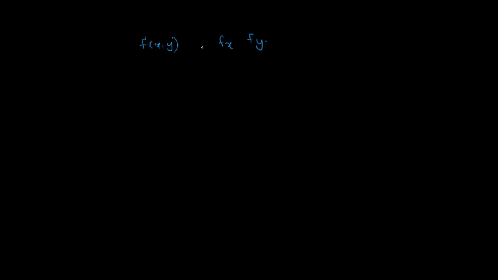It is somewhat similar to the partial derivatives of two variables. We can easily find the partial derivative by keeping the other variables as constants. Suppose a function of x, y, z, more than two variables, f of x, y, z is given. We have to find fx, that is the partial derivative with respect to x. Then we will differentiate with respect to x keeping the other variables, that is y and z, as constants, similar to the two variable partial derivative functions.